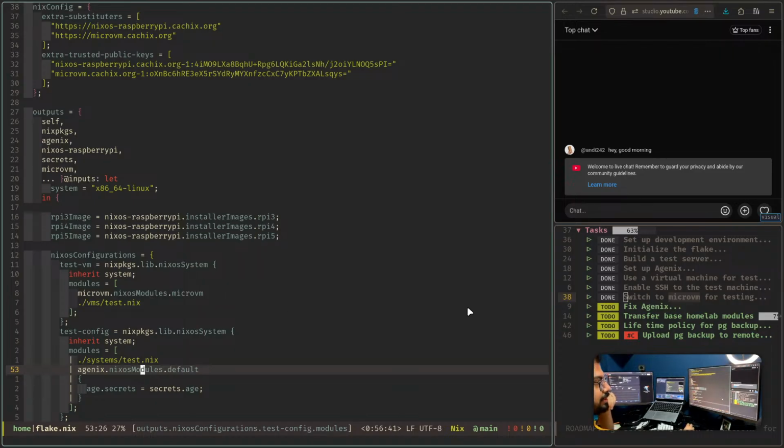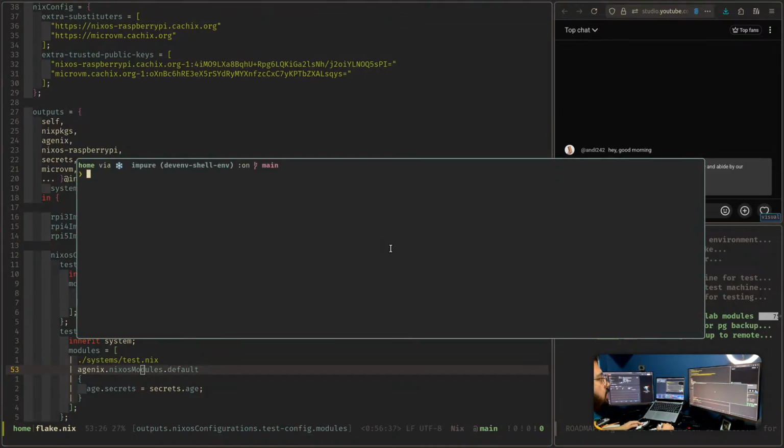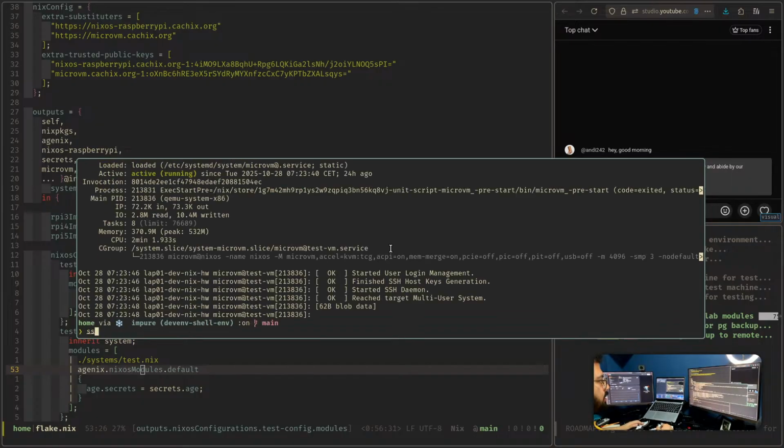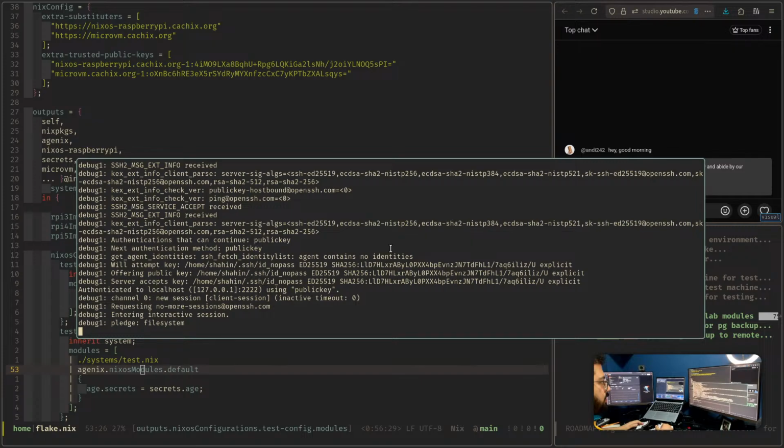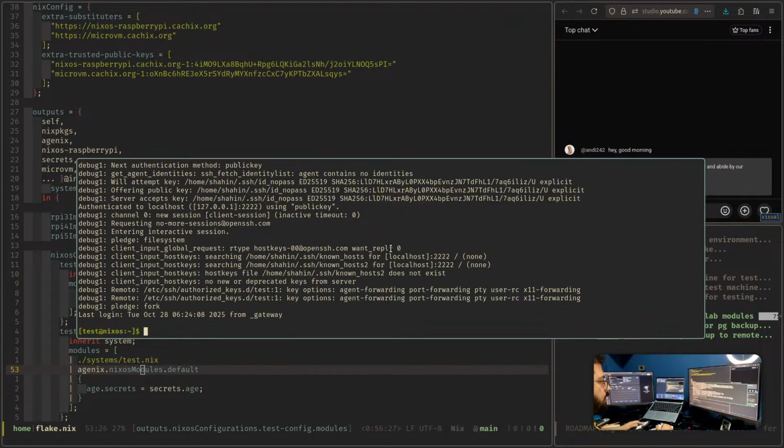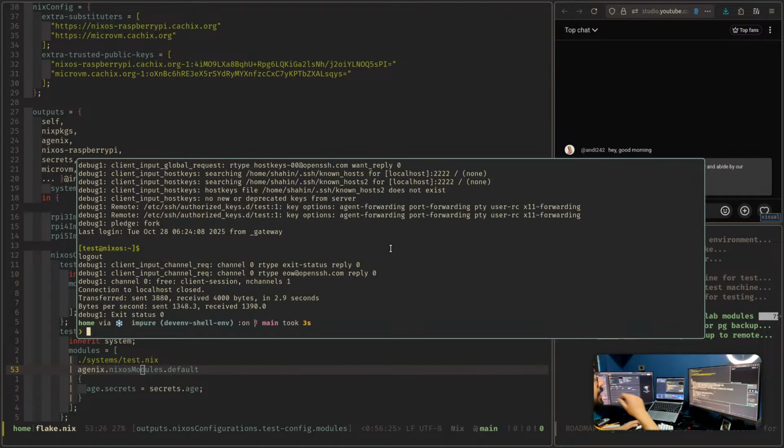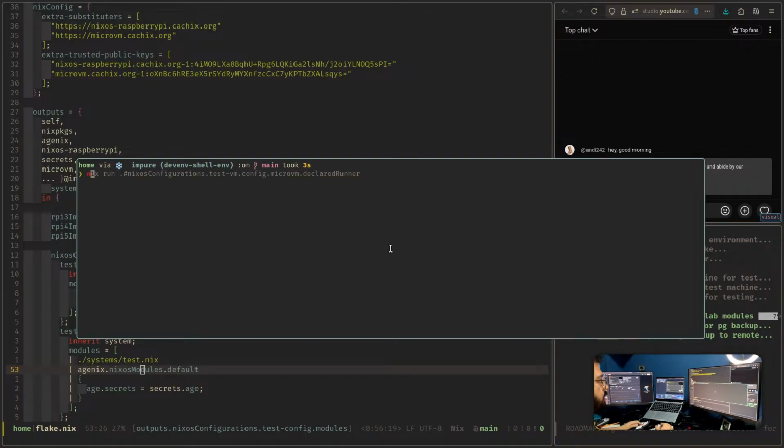So let's first check if the machine is running. Yeah, and I can SSH into it successfully. So the first thing I'm going to try is